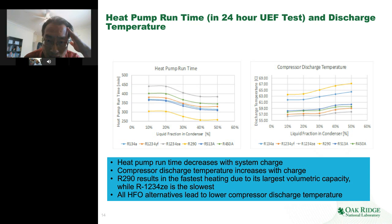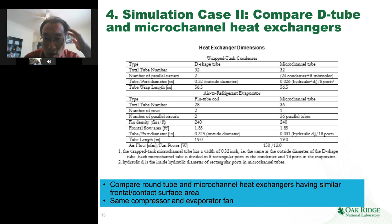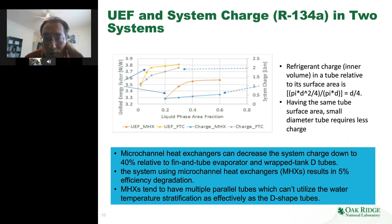That's a given. Okay, the next design case: we want to directly compare the D-shape with the microchannel heat exchangers. For these comparisons, we compare the first baseline, the D-shape with PN tube evaporator, with the second case, the microchannel wrap-tank condenser and the microchannel evaporator. We intend them to have the same frontal surface flow area and also the same contact area between the tank and the tube. We all know that with a smaller diameter tube, if we want to maintain the same surface area, they require less system charge. And this shows the UEF as a function of the liquid phase area for